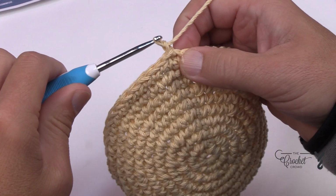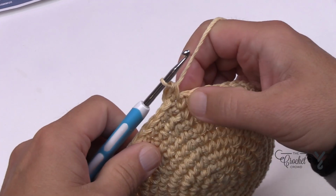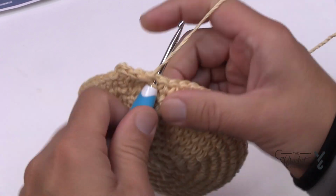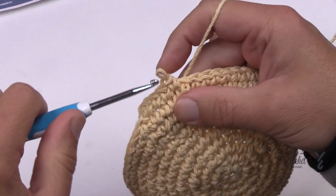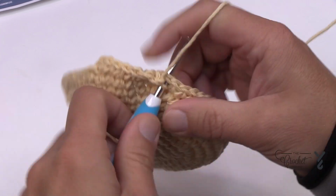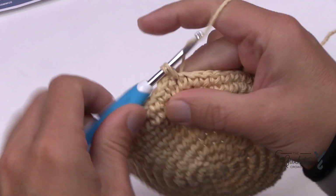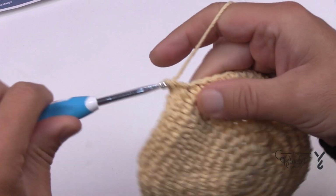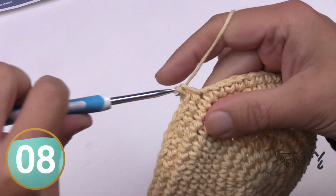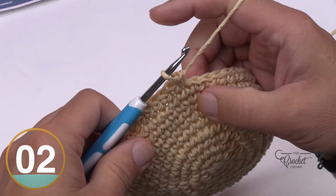Chain up 1 and you'll put 2 single crochets into the first one. In this case it's a slip stitch where you did the join. So you have 2 into that one, and then the next 6 are by itself. So let's count those out together. So we have 1, 2, 3, 4, 5, and 6, and then 2 into the next one. 1 and 2 share the same stitch, and then the next 6 are by itself. So count 1, 2, 3, 4, 5, and 6, and that's your sequence then for round number 11, and I'll pick you up on number 12